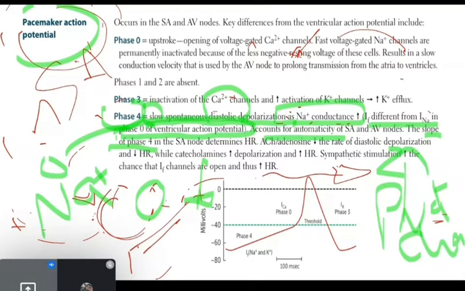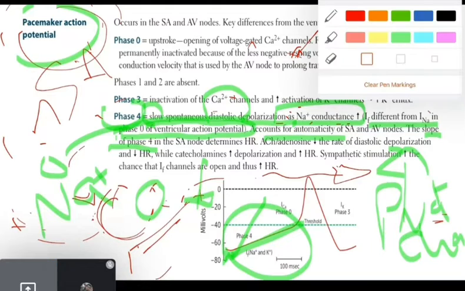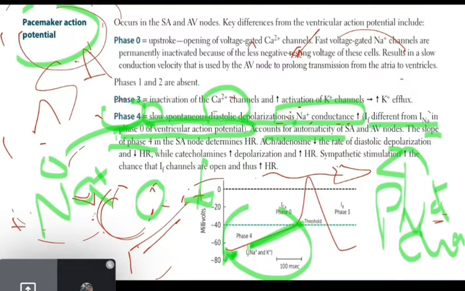We know that phase 4 here, this is the slope, الميل. If this slope decreases, or if this slope becomes more linear or straight, it will cause a decrease in the heart rate. Why? Because if you increase it, you have more action potentials. This slope determines